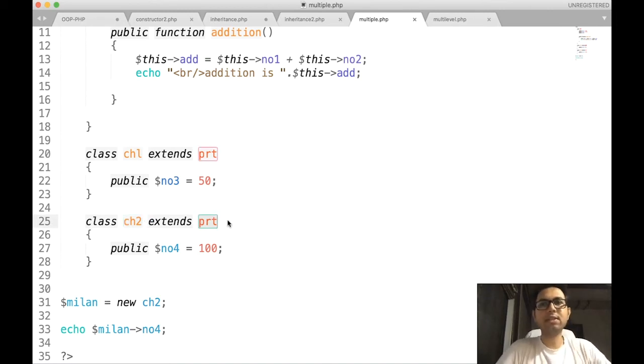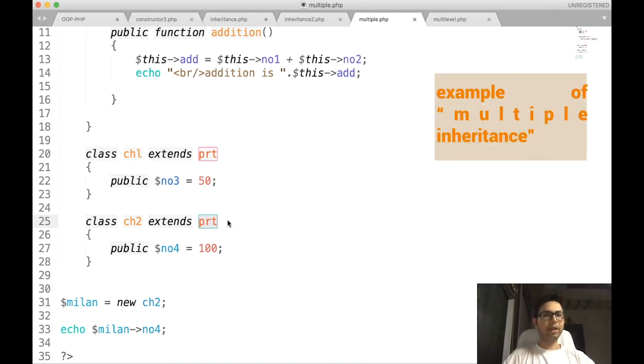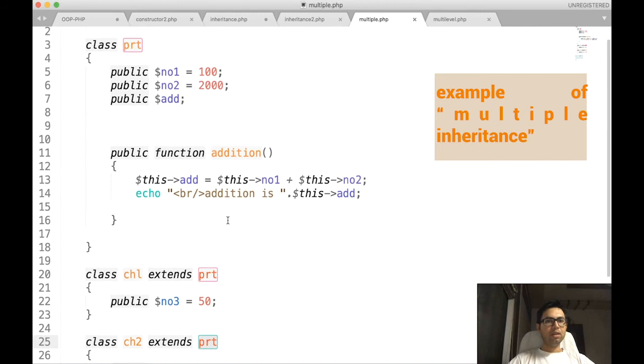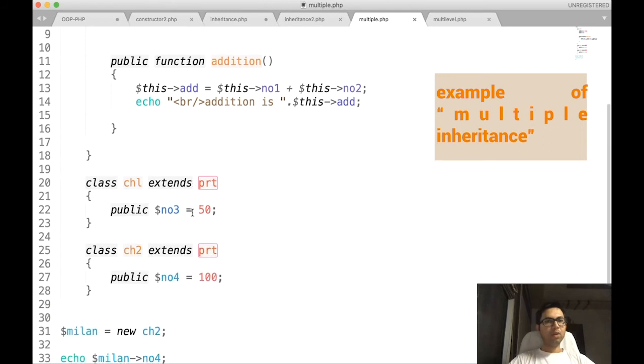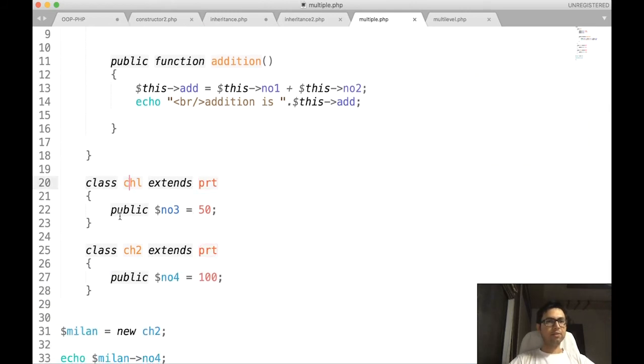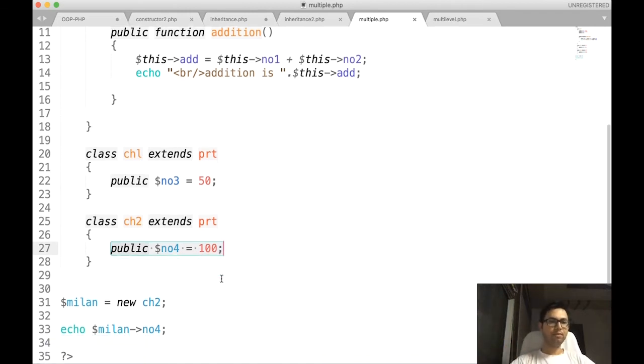So this is multiple inheritance. In CHL we define a public variable number 3 with the value 50, and in CHL2 we define its own variable number 4 with value 100.